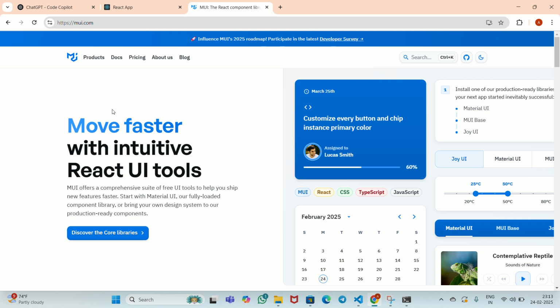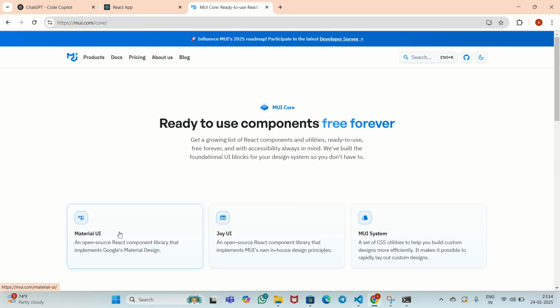MUI is a React library which provides pre-designed UI components based on Google Material Design, which helps developers build beautiful, responsive, modern web applications while reducing the need to write CSS code. Once we go to the MUI website, go to the core libraries, press on Material UI,